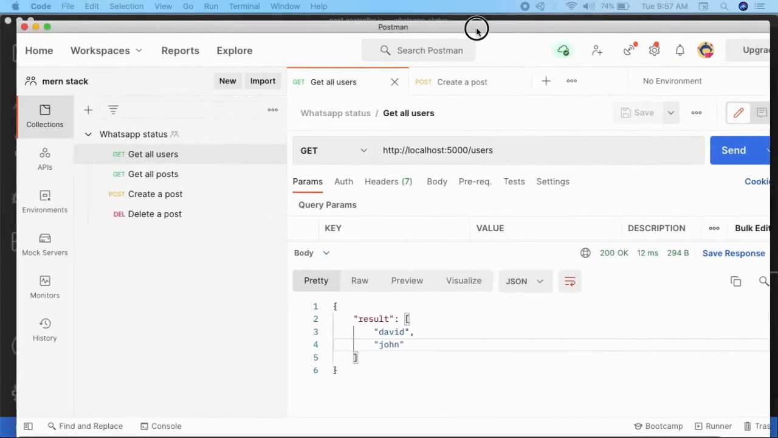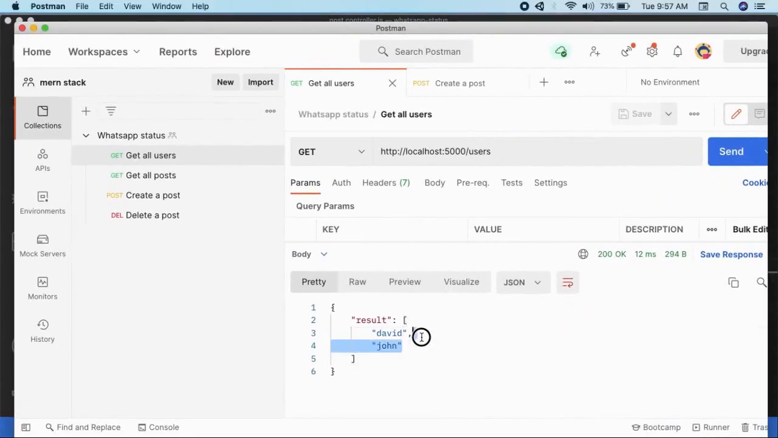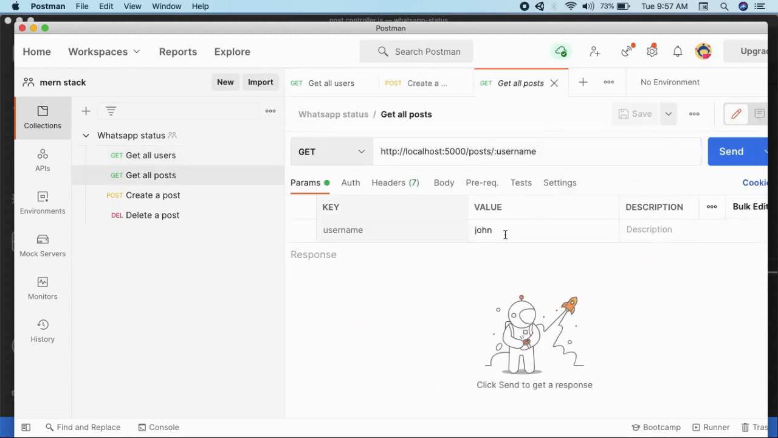Now I wanted to clear up one last thing in this backend part: get all users is returning an array of strings and not an array of MongoDB documents. Because this data is being extracted from multiple documents where we have the same username, John, it cannot determine which data to return for the additional properties, say createdAt, updatedAt. So if we go to get all posts